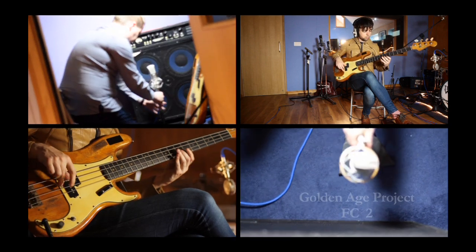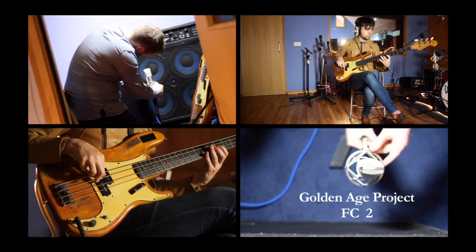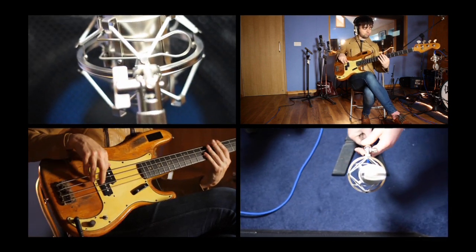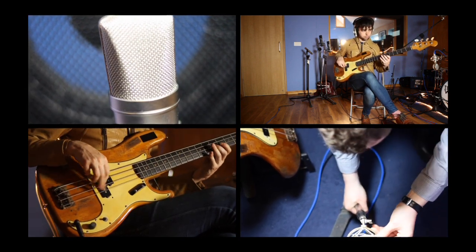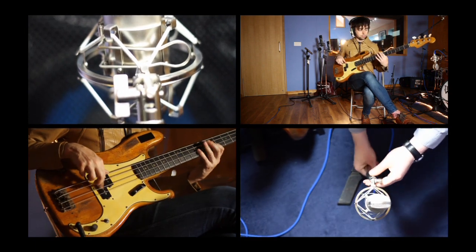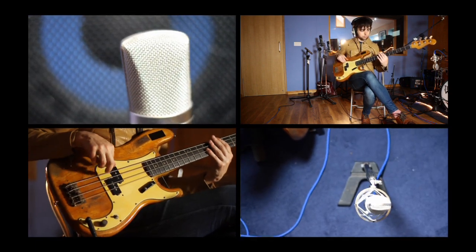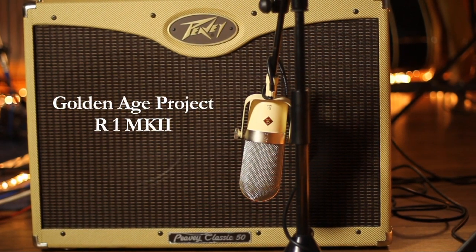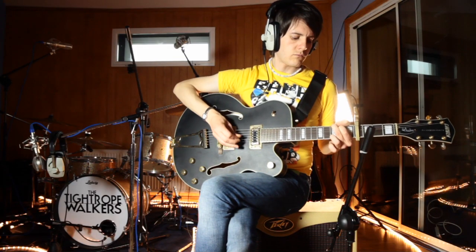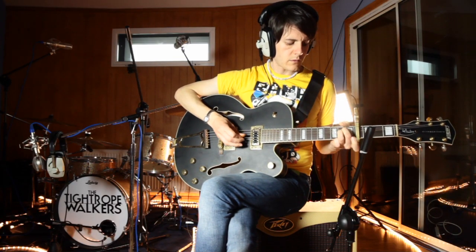The FC2 mic, I love that on bass amps most of the time. I'm happy to use them on anything and everything. I've used them as ambient microphones for choirs too, but my favourite way to use it is a close mic on a bass amp cab. The R1 ribbon, I love to use exclusively for guitar amps